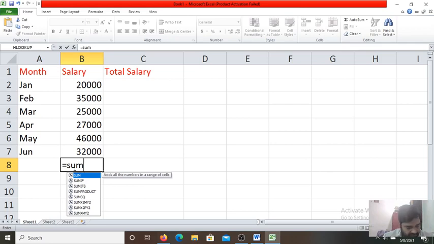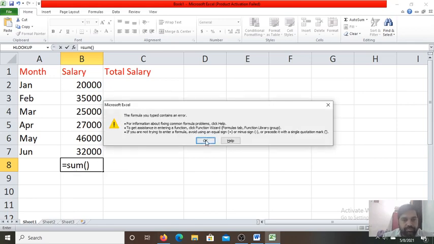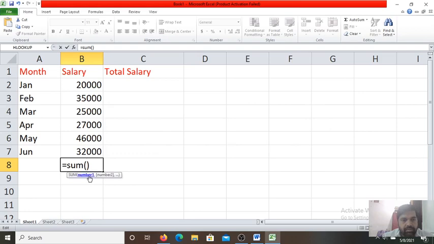In the sum function we use the range of the values to find its total. We copy the formula using Ctrl plus C on the other sheet and paste the formula using Ctrl plus V. Now the sum here we have taken. The first number you can take from your range, this one.